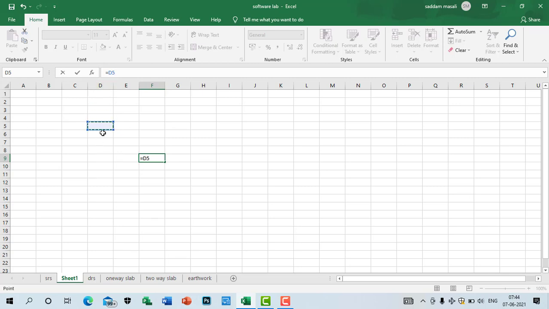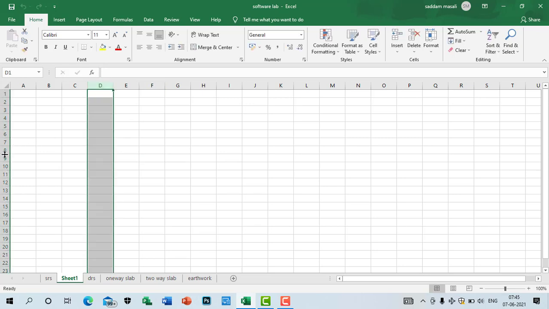The name of the cell is given by the alphabet in the horizontal direction and the number in the vertical direction. Alphabet followed by the number. So that means the Excel has got a name for each and every individual cell. For example, if you consider this cell, the name of this cell is H8, and the name of this cell would be J3, like that. So in Excel each and every cell contains a name.